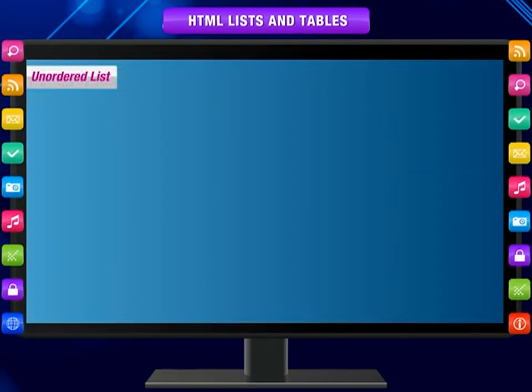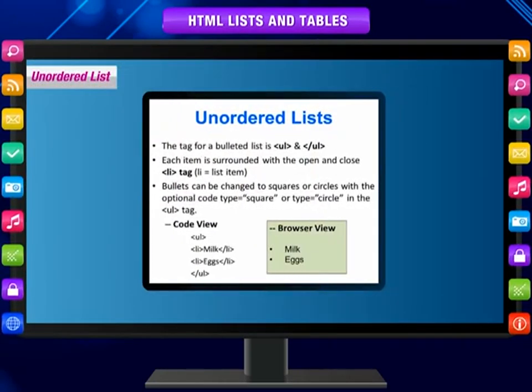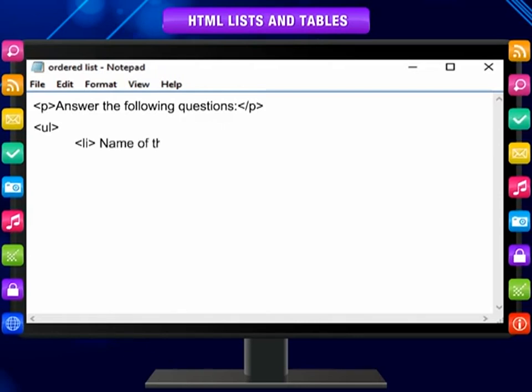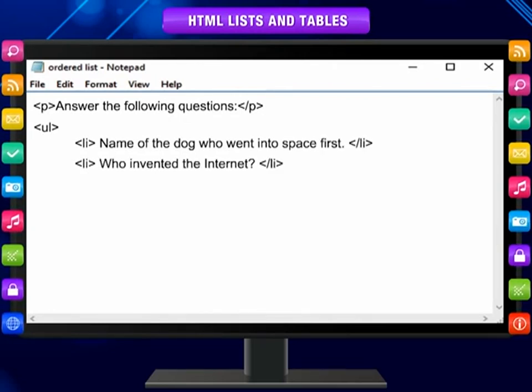Unordered list. This kind of list is bulleted. It is indicated by a container tag UL. Example of unordered list. P tag. Answer the following questions. /P. UL. LI. Name of the dog who went into space first. /LI. LI. Who invented the internet. /LI. LI. What is the rhino's horn made of? /LI /UL. This will display in the browser as